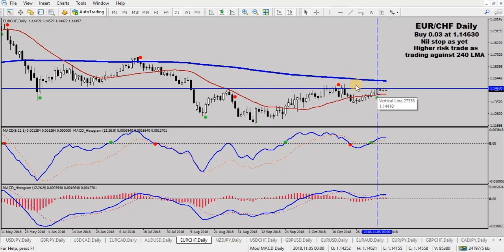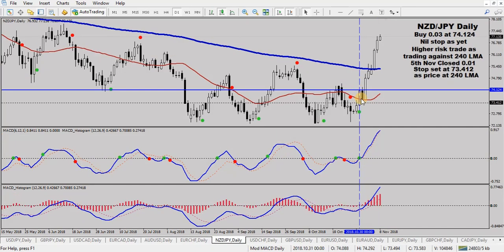New Zealand Japanese yen, this is a nice one. Look, the buy back here, the high risk, went banging through the 240 LMA. I think I've already closed out one, and stops in place down here. Hopefully it'll keep on heading up and I'll be able to lock in more profit as it goes up. New Zealand